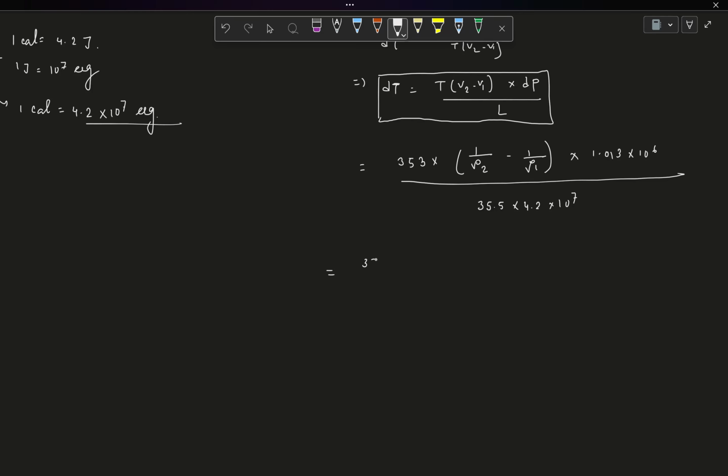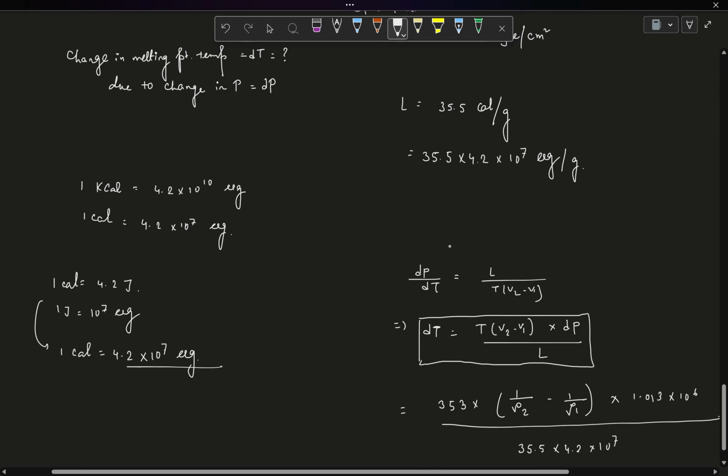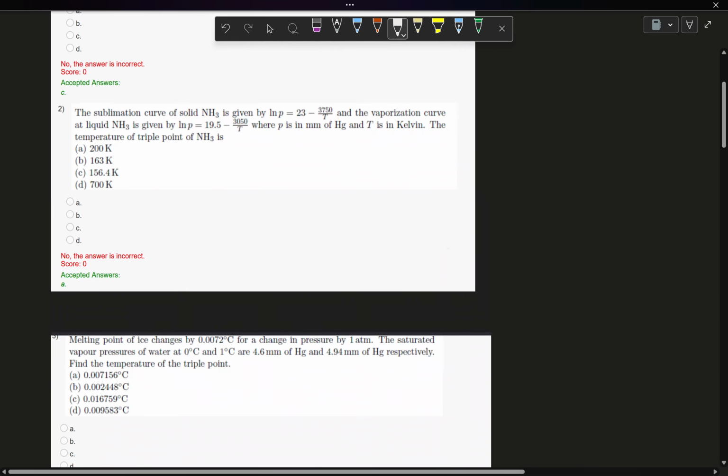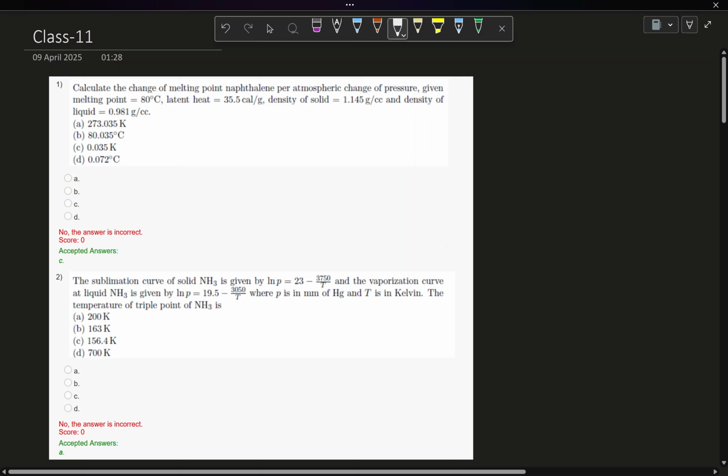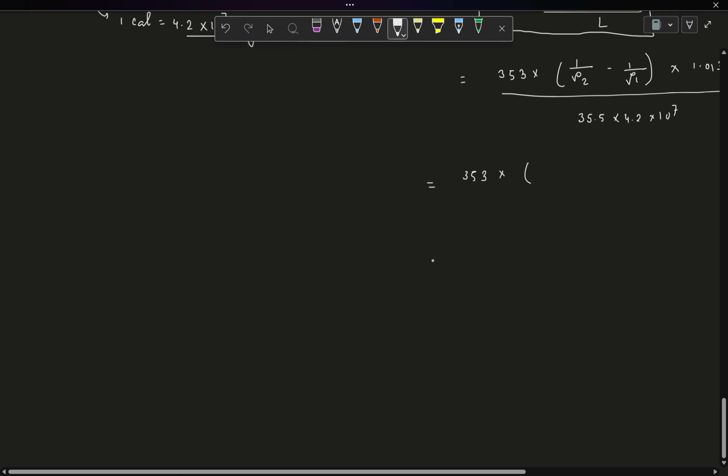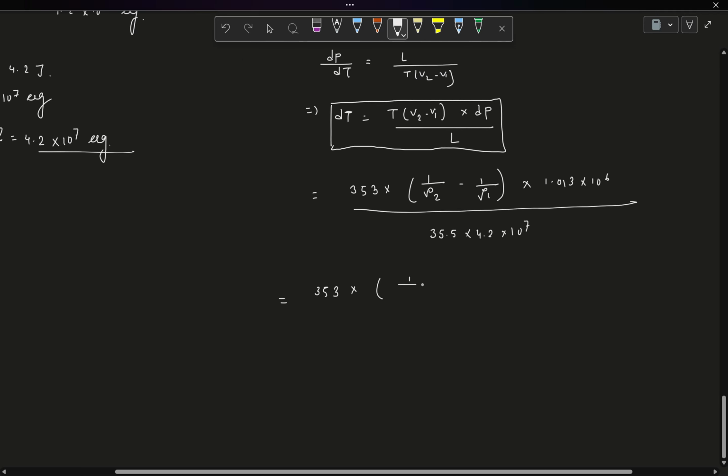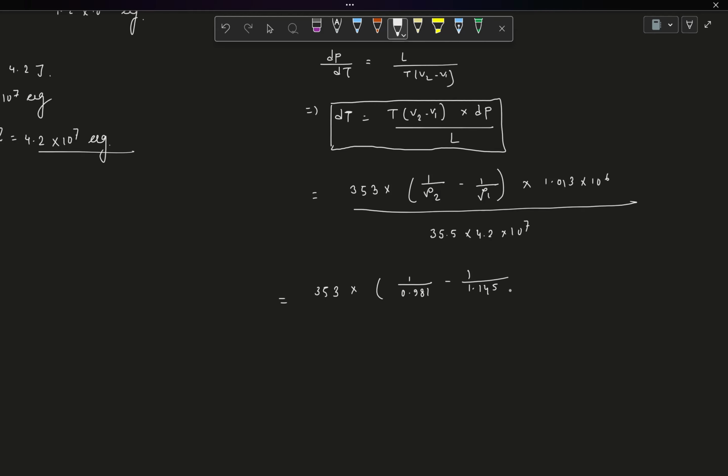So from here you are left with only substituting the density in this case. This was given in gram per cc unit, right? So what were the values? The values were 1.145 for the solid initial stage, that is rho 1, and rho 2 is the final stage, which is the liquid state density, which is 0.981. So 0.981 and 1.145, right? So the final stage is 0.981 minus 1.145, right,